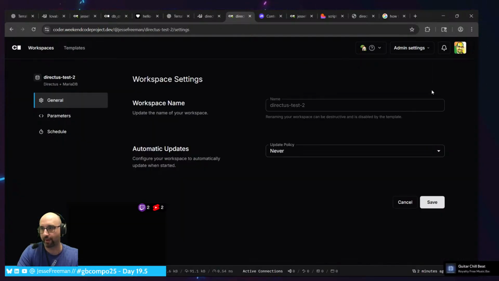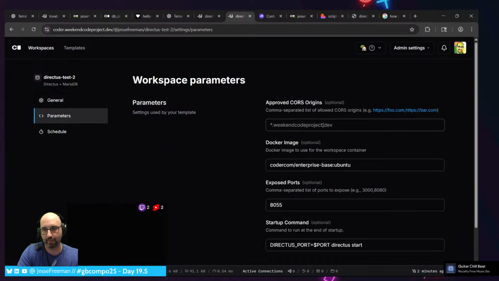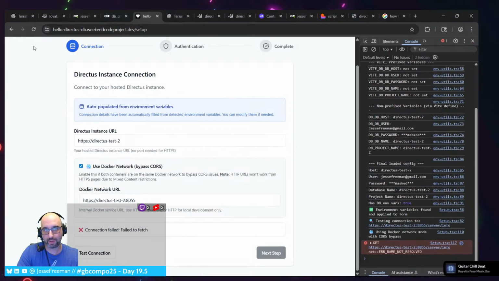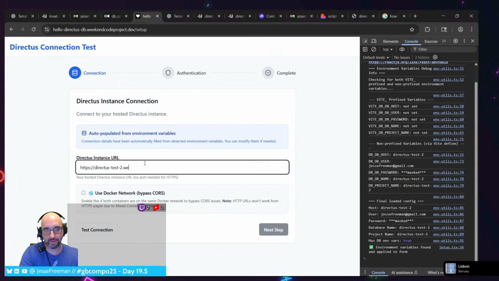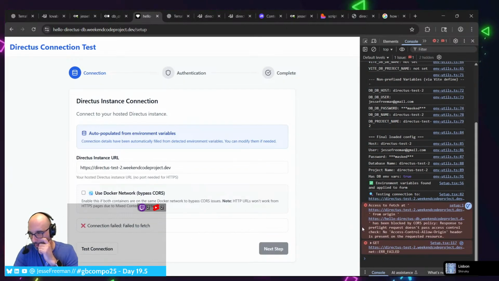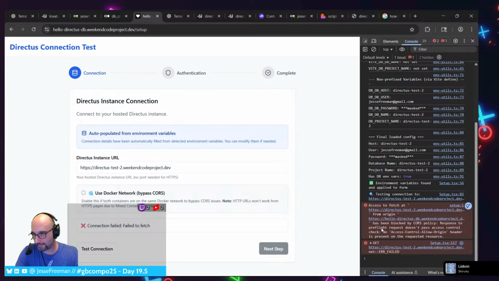All right, settings, parameters. All right, this is set by default. So now, if we come here and let's restart this, all we need to do is add .weekendcodeproject.dev. And now test the connection. Ah, it failed. Why did it fail? No access control allowed origin and header.